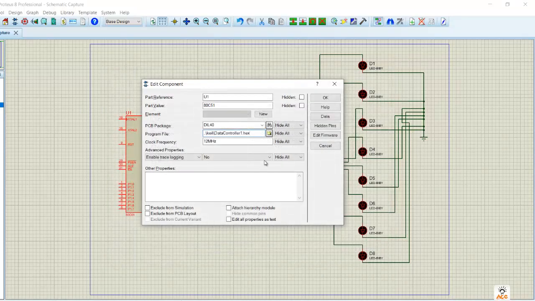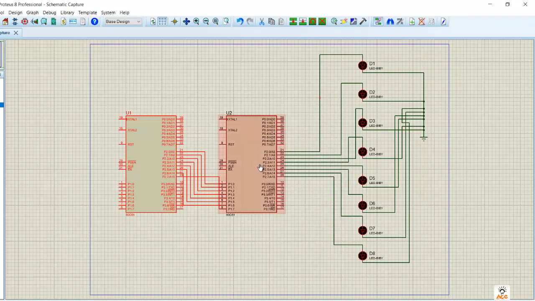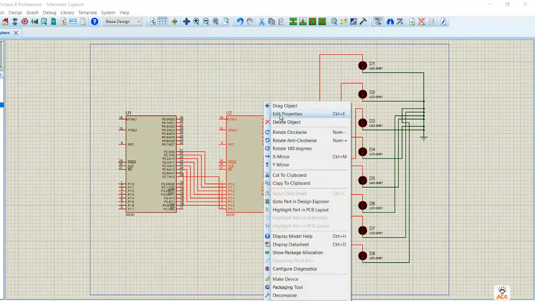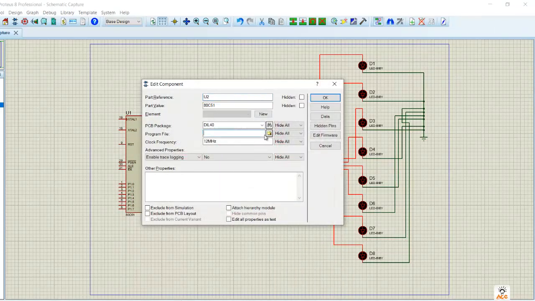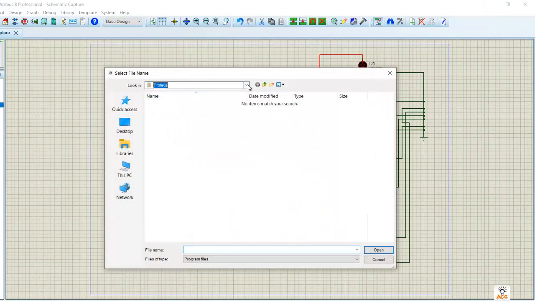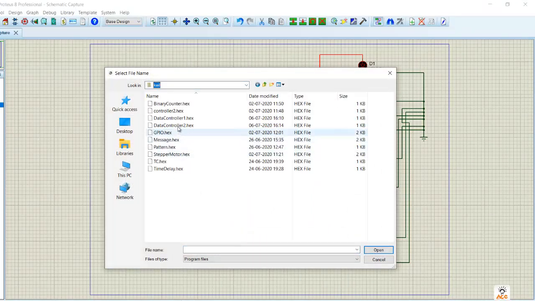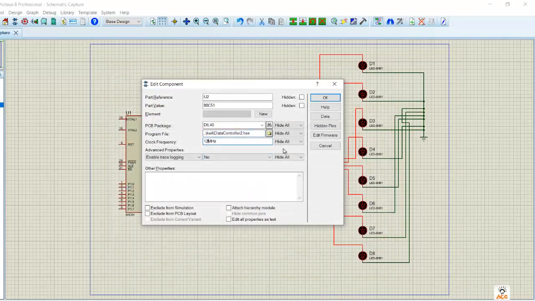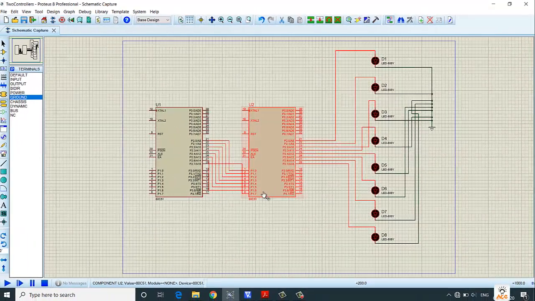Open it, change the frequency to 11.0592, select OK. For the second microcontroller, again edit properties, select the program file from the Keil folder. It was the data controller 2.hex file, and change the frequency to 11.0592 and click on OK.